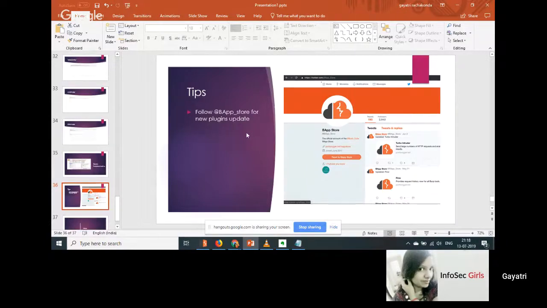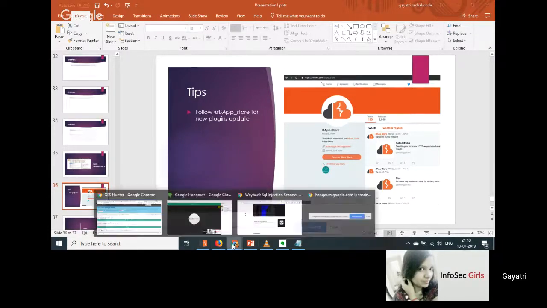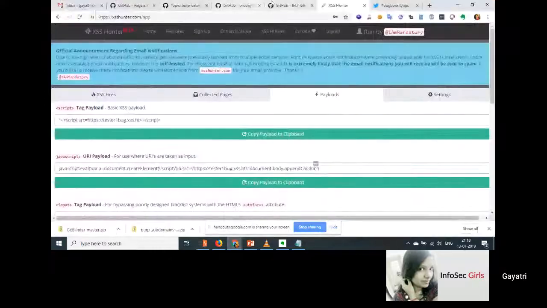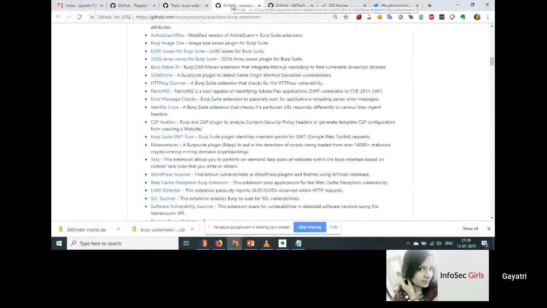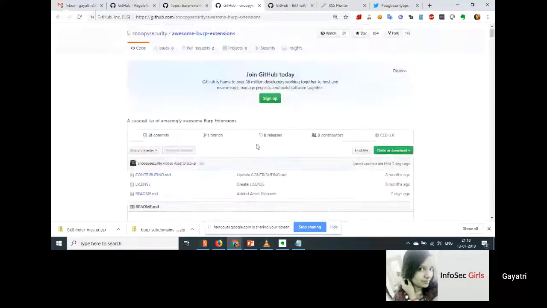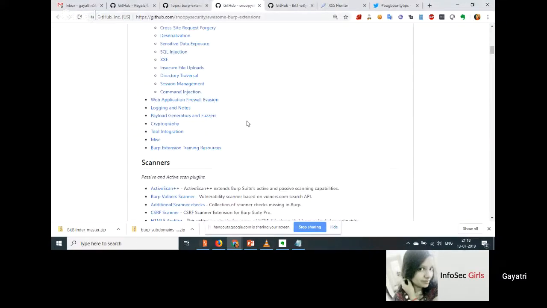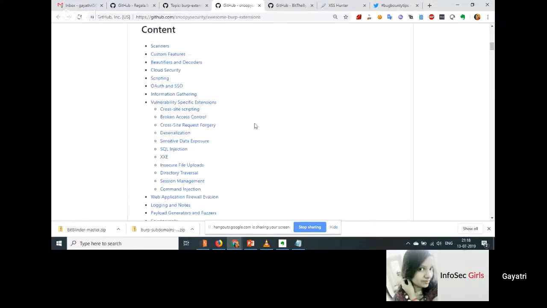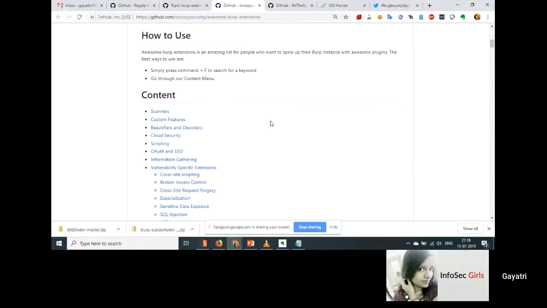And if you want to go for the tips and all, you can check out Twitter. There is an account called BApp Store, so you can see what plugins were recently updated, or which are new to Burp Suite. And apart from that, there is a GitHub page also for Burp extensions, called awesome burp extensions. Here they categorized